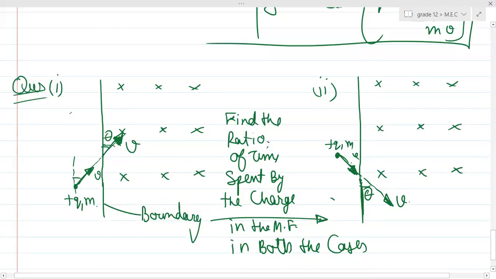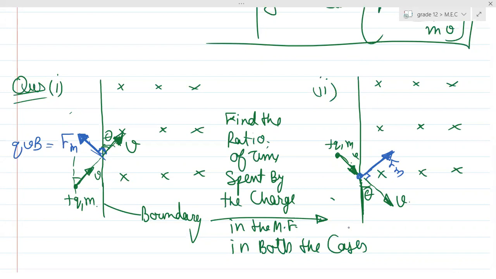I told you now, force and magnetic field, every one will be perpendicular to each other. So can you see the velocity is like this, magnetic field is like this? Will this be the direction of force? And what will be this force? This force will be Q into V into B, right? Similarly, over here, when the charged particle will be over here, will this be the magnetic force? Yes or no? So can you see, guys, basically the difference in both the cases will be the direction of magnetic force,